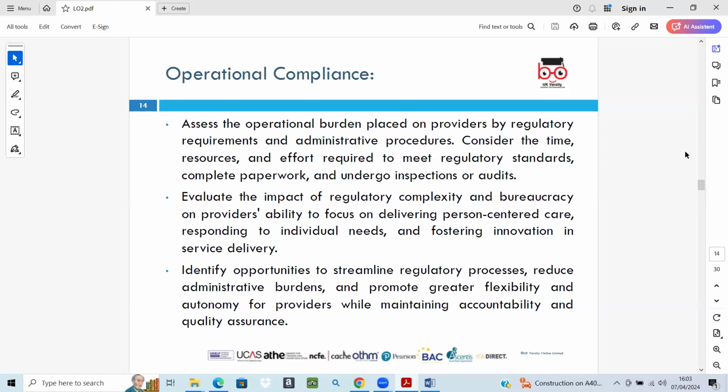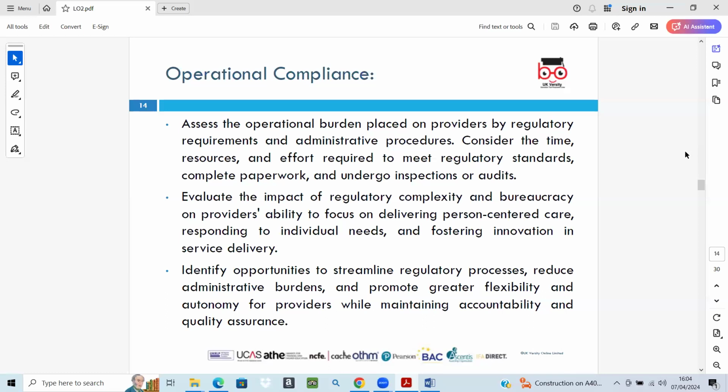And we need to consider the complexity of compliance procedures, the frequency of updates to regulation, and the challenges of staying current, because we always need to evolve, we always need to follow the current procedures and always comply with the technological aspects as well. Staff training and everything would be important.